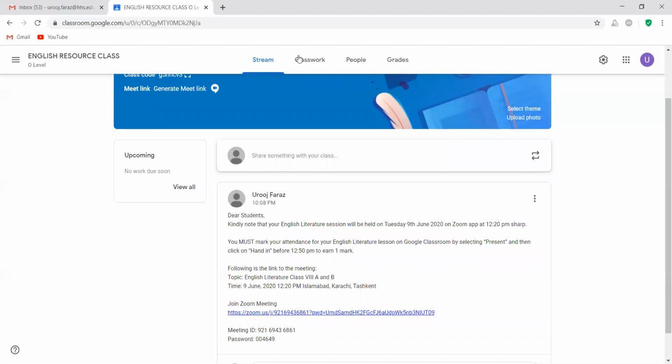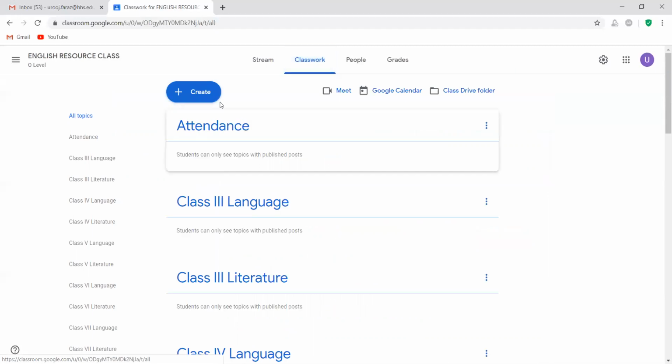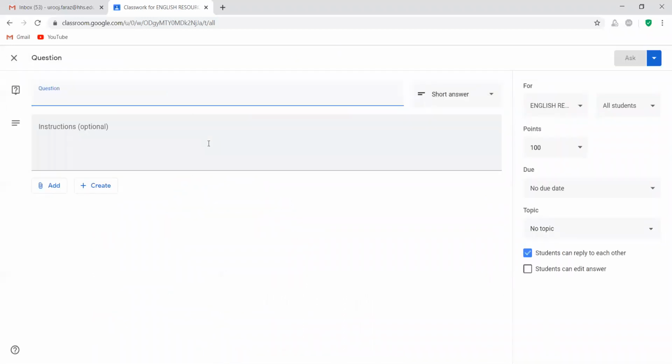The second step is you have to go to classwork to create attendance. This attendance part can be done for the entire month. What do you need to do? You need to just create a question. The question tool is what we are using to create attendance. So simply we are going to write